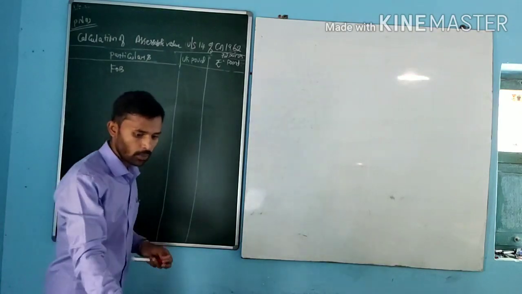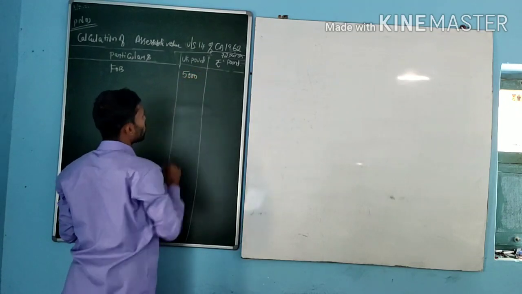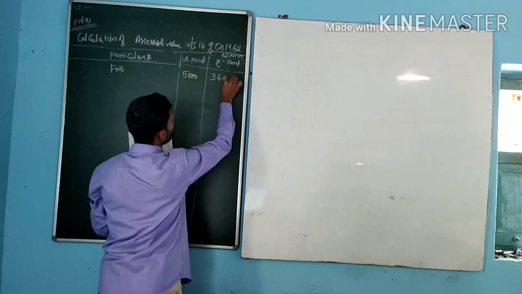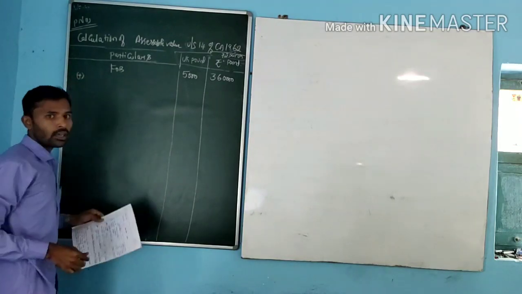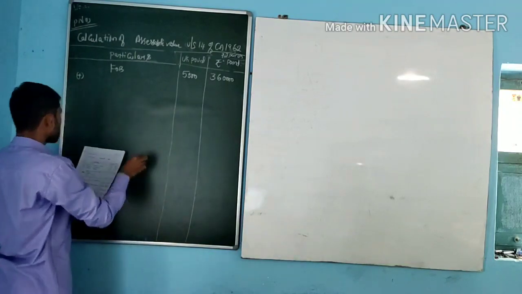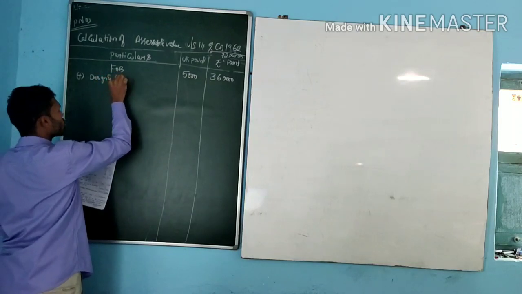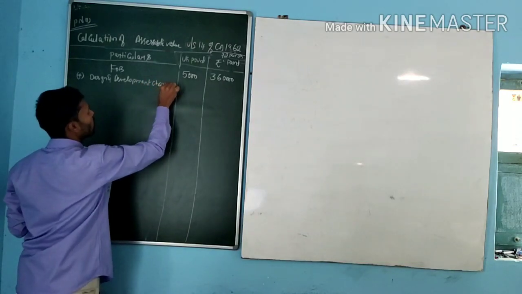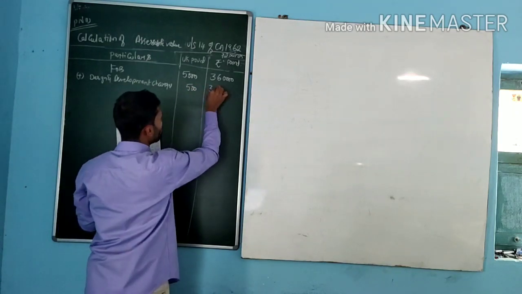What is our given FOB? That is 500 UK pound. 500 into 72, and the amount is 36,000 in Indian currency. FOB plus, add certain costs which are not included in FOB in order to know the exact FOB, that is design and development charges. Amount 500 UK pound, convert to Indian rupees 36,000.